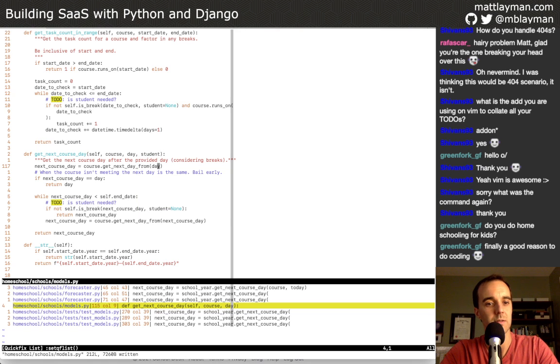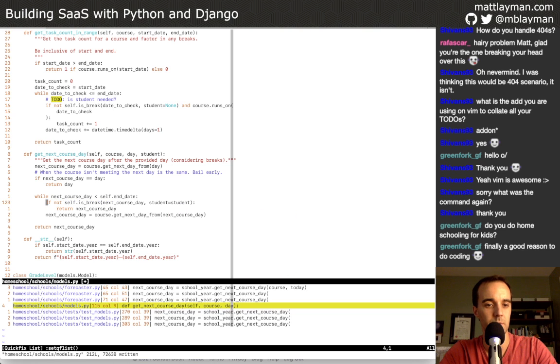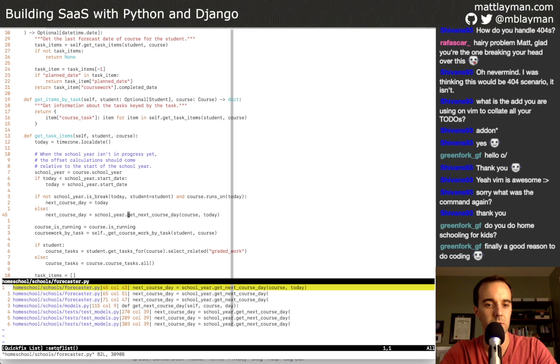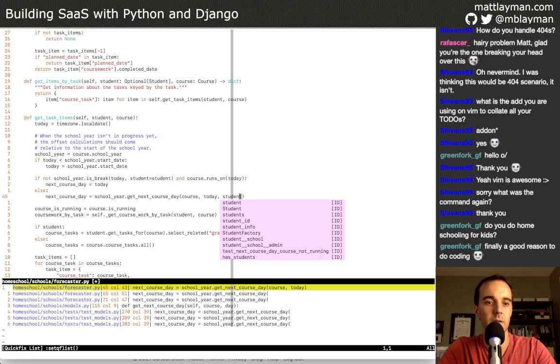And if we do that, we now have it there, and then we can change the is break here to take the student. Okay. And that is going to cause this code... I save this file. Really? I figured for sure that this would blow up in my face, saying, hey, wait a minute, not enough arguments. If only we could be so lucky. Okay, let's just put it in though. We know we need it. Let's put it there.